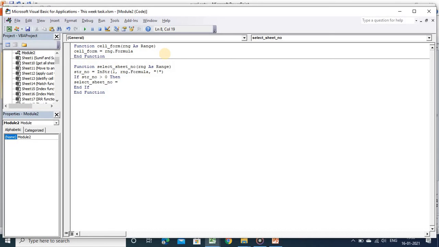So just write sheet here, and what should we write? We will use Mid, which basically gets a particular part of the entire string. So my start number will be 1 and the end number will be